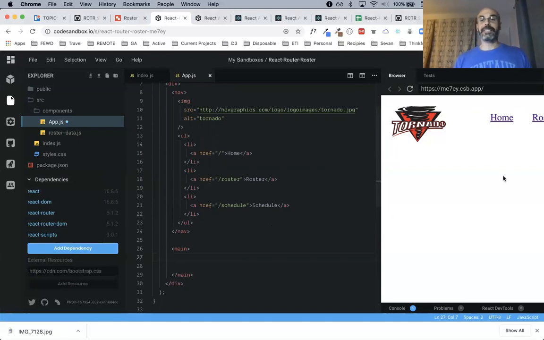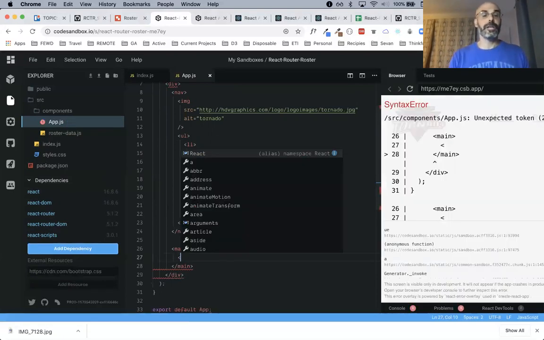Okay. And so if I want to add a section here, right, because I don't have a place here to even show my stuff, right? There's no place. I only have links, but where is the routing going to happen? So I don't really have anything to route at this point in time. So if I was to create a main component, I'm going to add a route. So if I do this, now watch what happens.